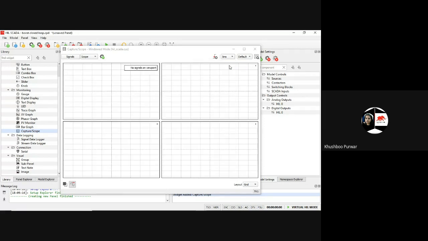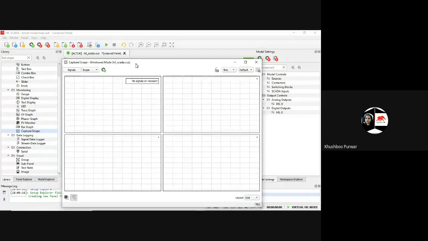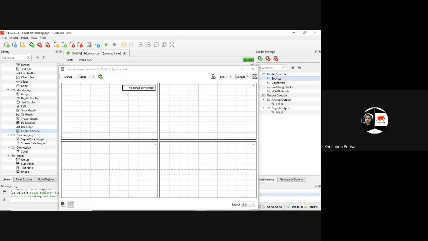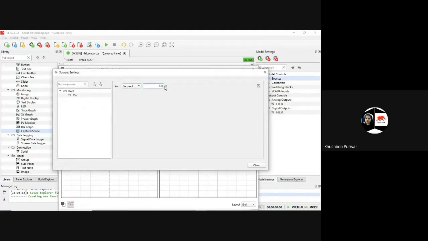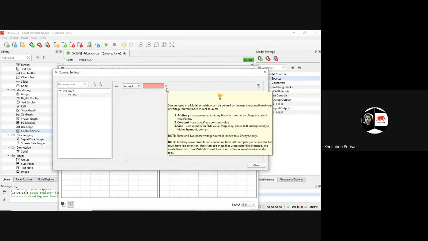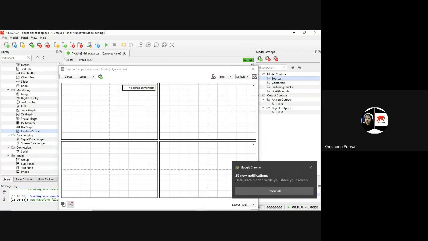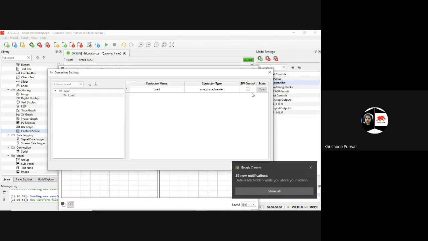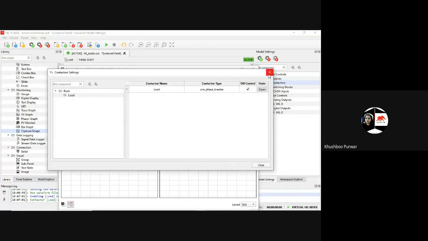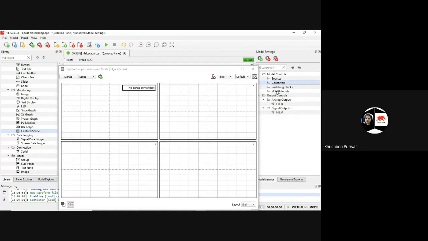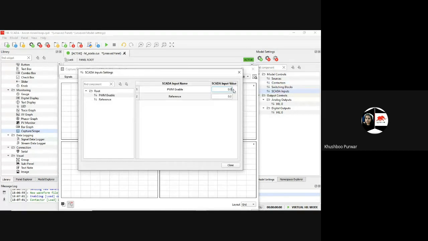Okay. So here, in the sources side, I'm going to set the voltage as 35 volt or something. Okay. So in contactors, just check it, then you can show it as open or closed. In SCADA inputs, enable it as 1, and the reference, as it is taken as reference.